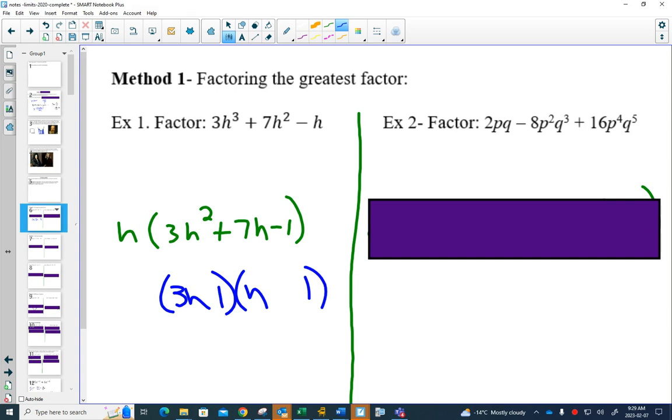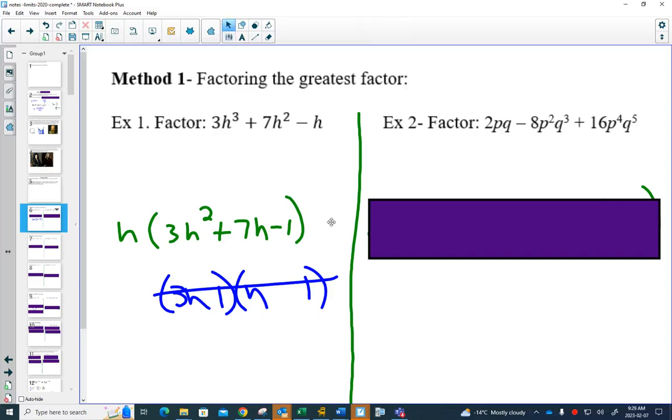And it won't. So I quickly would have to say, all right, this is done. I don't have to factor anything further. You have some other tools available to you. You have the quadratic formula that you could use to check if you could factor this, but this one, that's